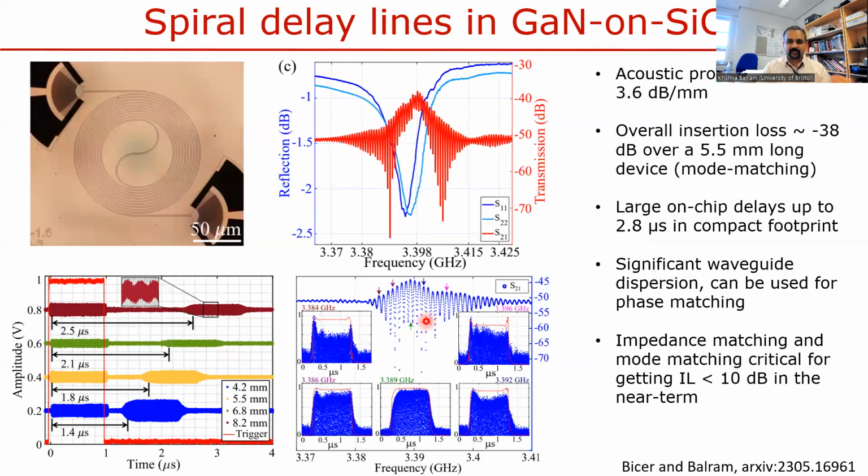But once you can do that, you can really push this idea further and start doing things that are qualitatively new. You could start building acoustic spiral delay lines, where you get massive on-chip delays in footprints that are very difficult to achieve in any non-waveguided geometry. So for instance, we are now able to get microseconds of delay. I think we have pushed it up to 3 microseconds inside these devices. Loss is still an issue. We have propagation losses on the order of 3.6 dB per millimeter, but this is something that I believe we can push down further.